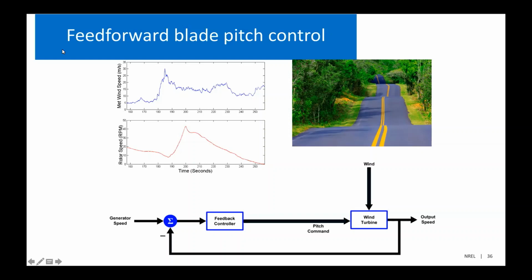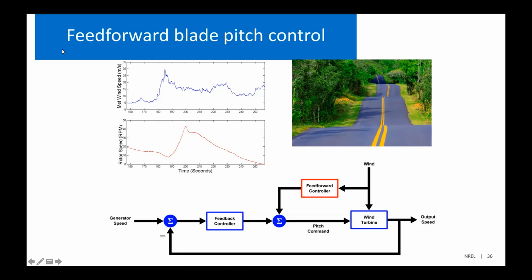This is due to the fact that the mast was located upstream of the wind, so it took some time for that gust to convect from the mast to the wind turbine. And what happened here is the gust shut down the wind turbine, because the rotor speed accelerated to the point where it went into an overspeed condition and the turbine shut down. This is something we want to avoid when running a wind turbine. So what a LiDAR can do is